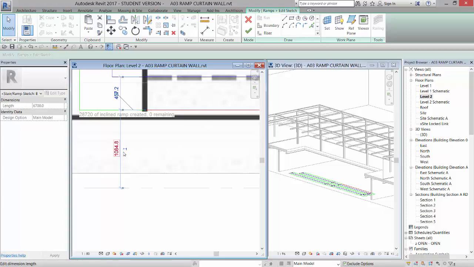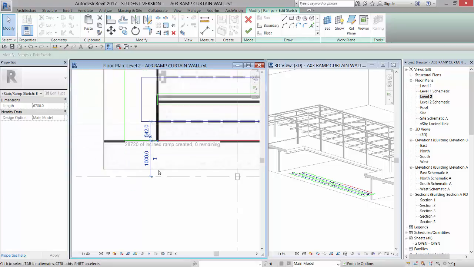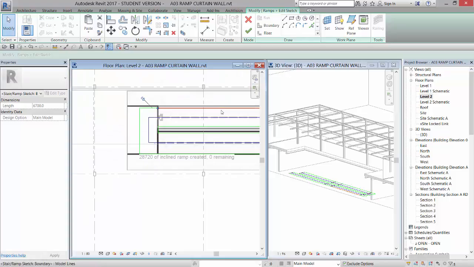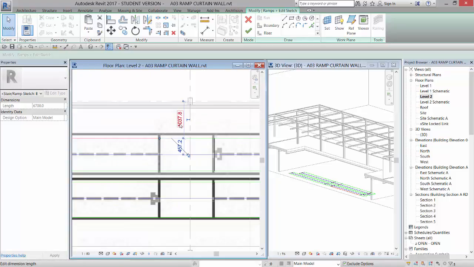And I'm going to adjust this so it's close and even with that line right there. So I can either just drag it to where it's close, and then say, oh, maybe it's 1,000, right, and enter, and that looks pretty close. And then I'm going to come over and adjust this one to 1,000,